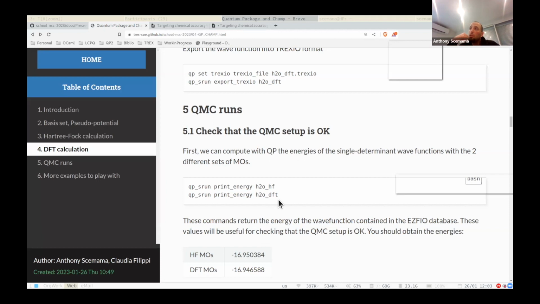But then if you have a Kohn-Sham determinant and you ask print_energy, it will give you the energy, not with the Kohn-Sham Hamiltonian, but with the real Hamiltonian. Okay, and this is what also you will get from QMC.